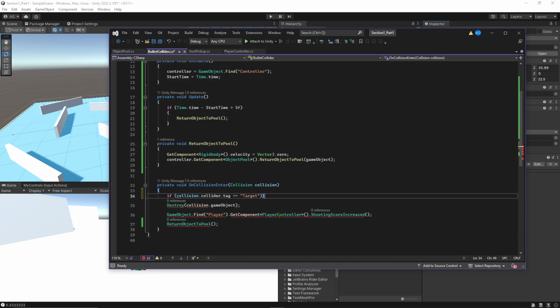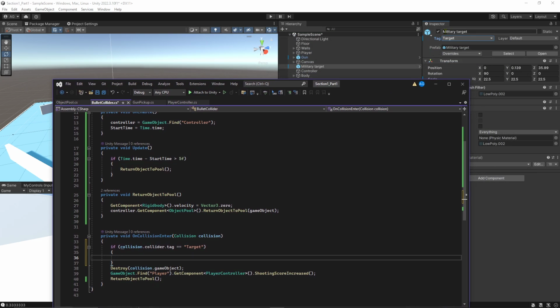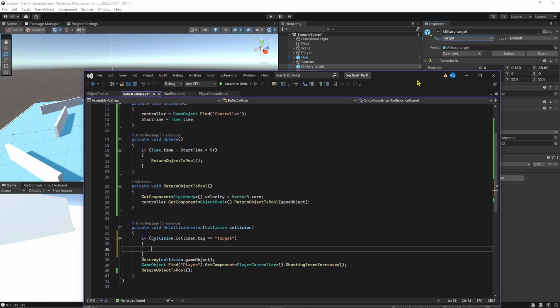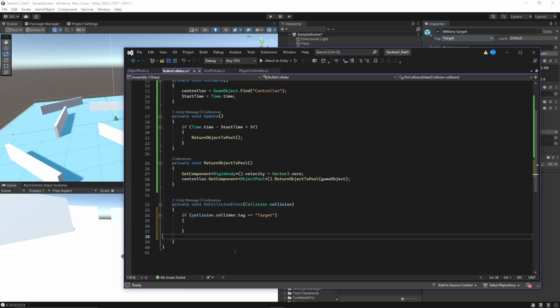Oh, wrong one. Got to do the open bracket. That's always helpful, right? So as we see, the military target, its tag is target. We could also do name, but maybe we put in some other targets in there, right, that aren't specifically the military target. So everything under that's tag of target, we want to go ahead and that's where we're going